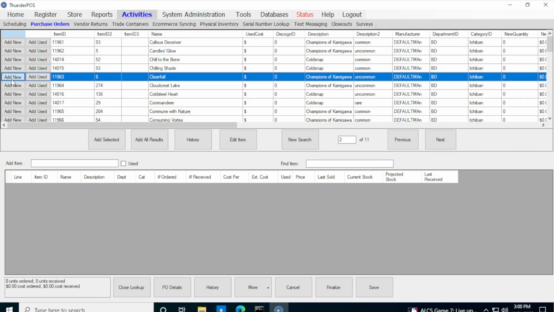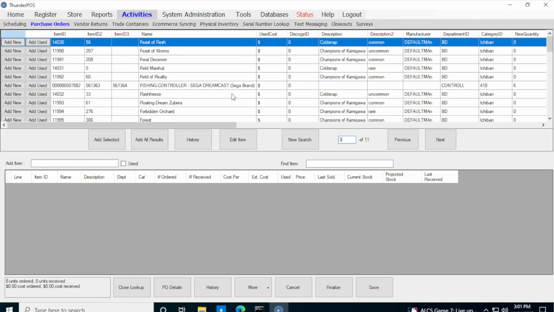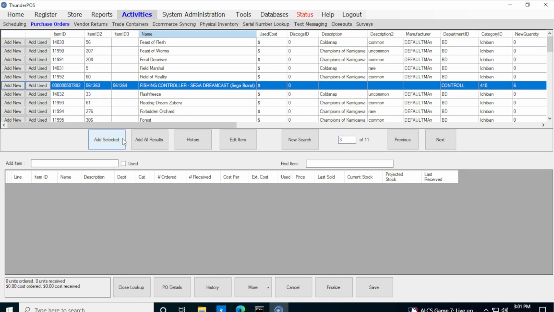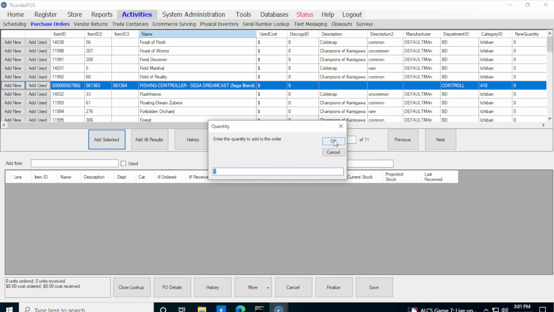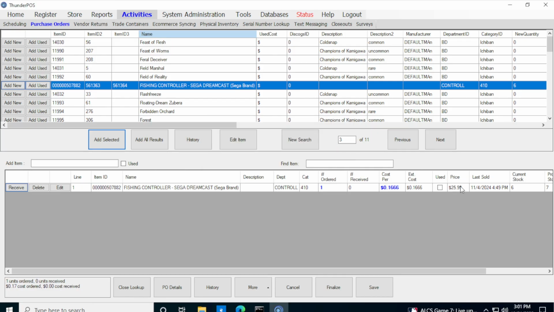So we'll just say we're going to add this new. Oh, it's a service item. So you can't purchase order certain types of items here. And then it's going to prompt for the quantity. And then we can fill in our,